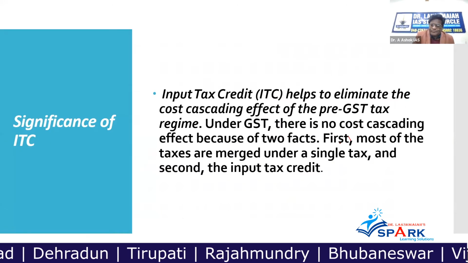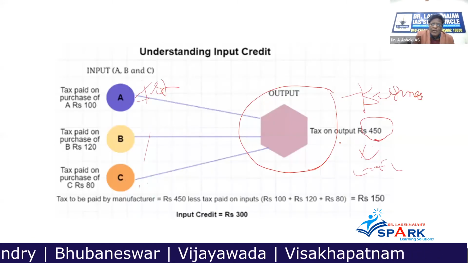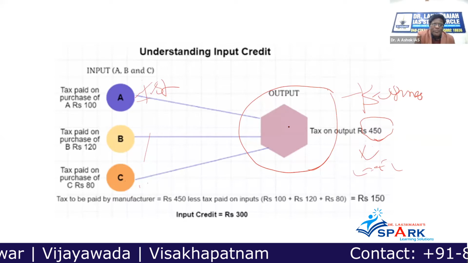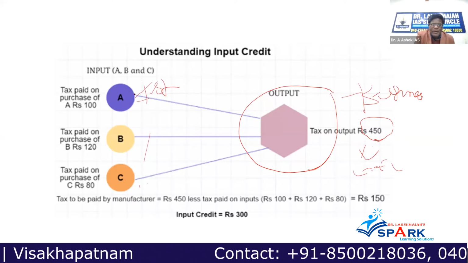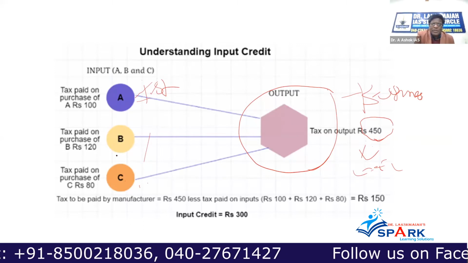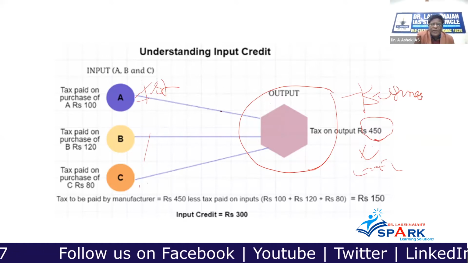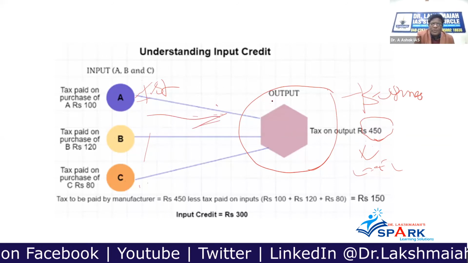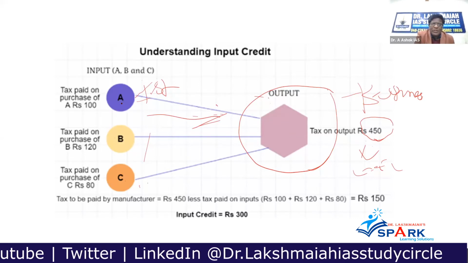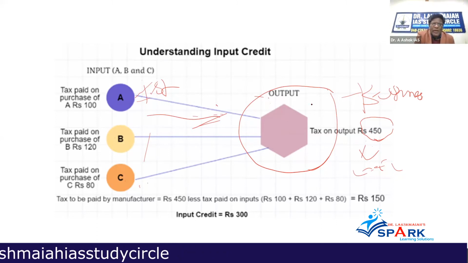Now, let us say this is the output. The business company can pay initially when they are making the purchases, during the inputs that are required to produce the output. Inputs go into making the output. This is the arrow mark: inputs go to make output. So when you are buying those inputs, you can pay tax there, so that instead of paying 450 at one go, you can divide that into A, B, C payments, and then finally the output tax. That is what we mean by input credit.